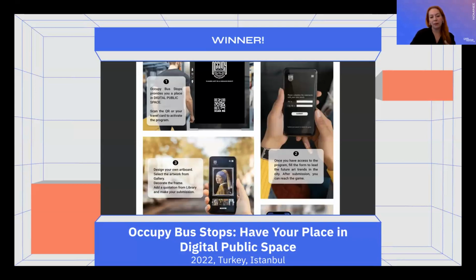As you all know, the public spaces determine the level of personal experience and shape the degree of practice. And unfortunately, people are not involved in the construction and production of these adaptable digital public environments. The structures, architecture, and hardware appear to be designed to accommodate receptive domains. Thus, citizens become increasingly passive each day. Occupy Bus Stops attempts to bridge the divide between individuals and digital public spaces.